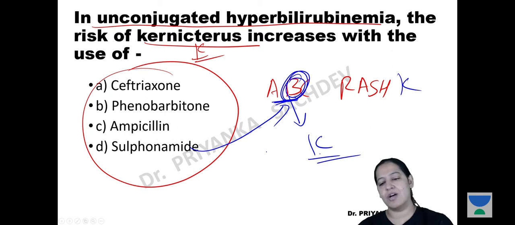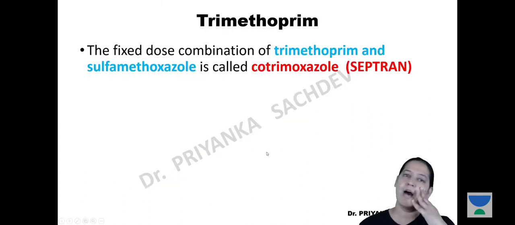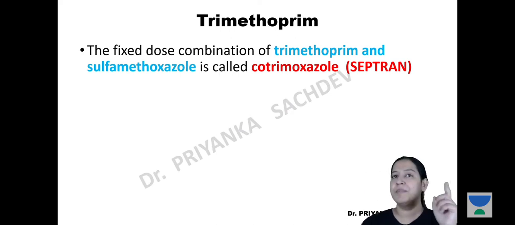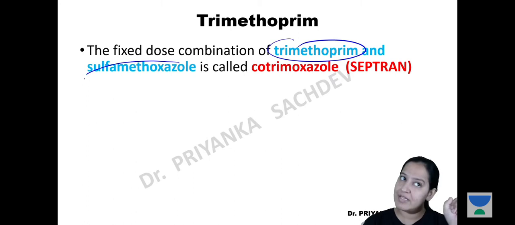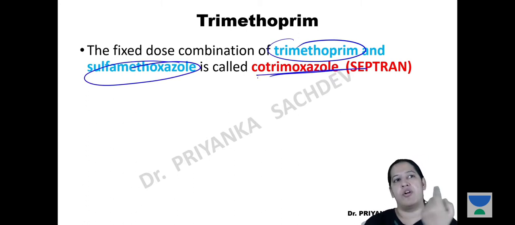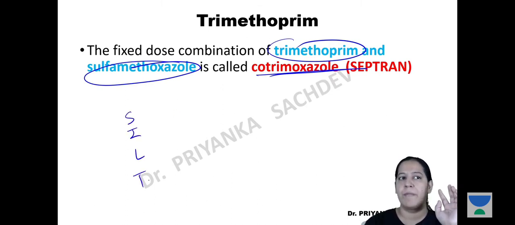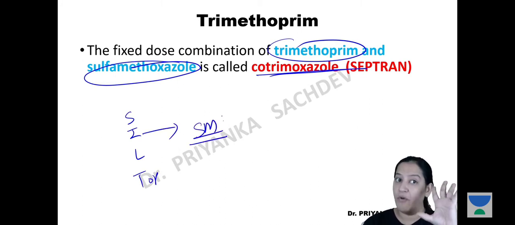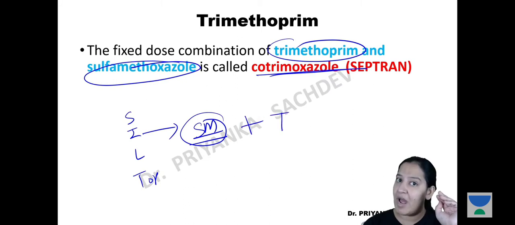So these are the questions from your previous past year exams from chapter number 1. I'm coming on the second chapter, trimethoprim. Trimethoprim is never used alone. It is used along with sulfamethoxazole. Sulfamethoxazole, the combination is known as cotrimoxazole. Sulfamethoxazole is intermediate acting. Listen, I have told you the classification: short, intermediate, long and topical. In that, in intermediate there was only one, sulfamethoxazole, and that intermediate one is combined with trimethoprim and the combination is